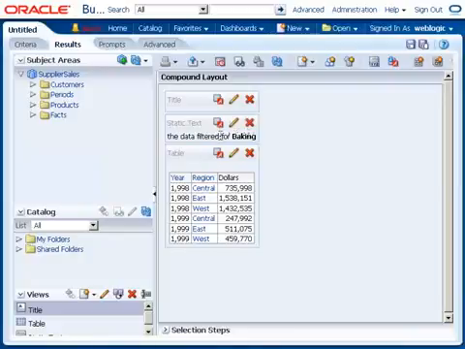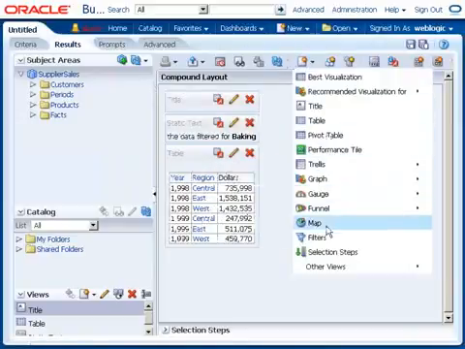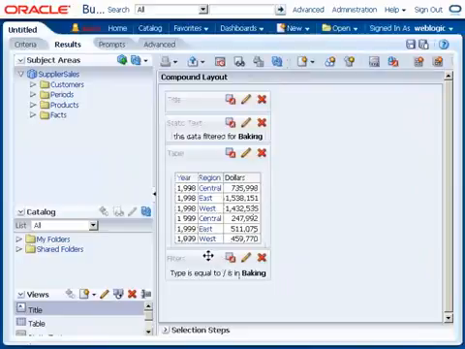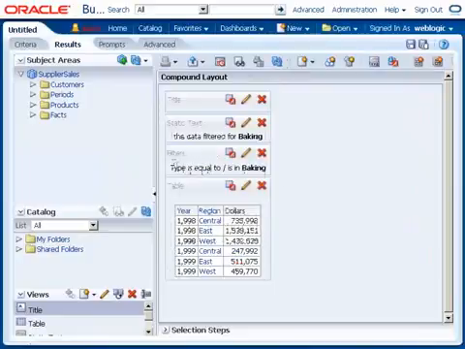Somehow we don't like this one. So they came up with one thing that is called the filters view. Whenever I click on the filters view, observe here, the filters view automatically gives you a message. What is the message? Type is equal to or in banking. Whatever filter you applied in the criteria section,